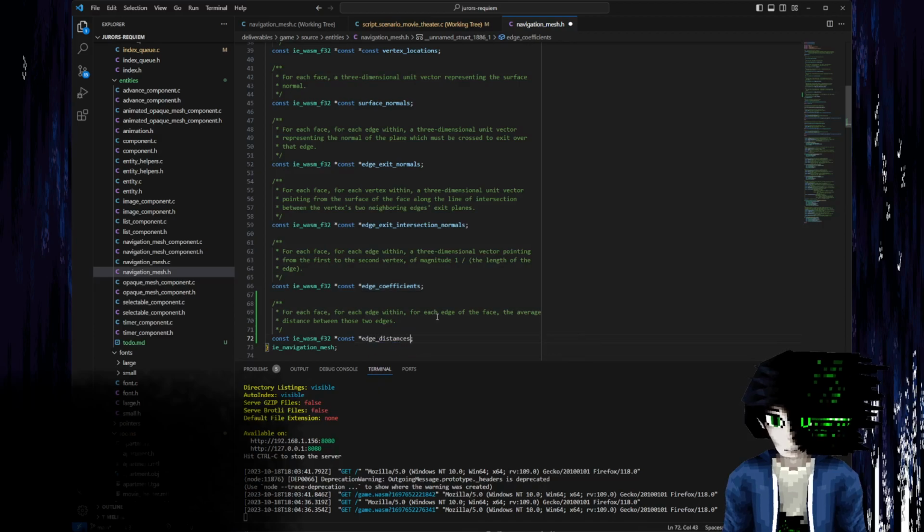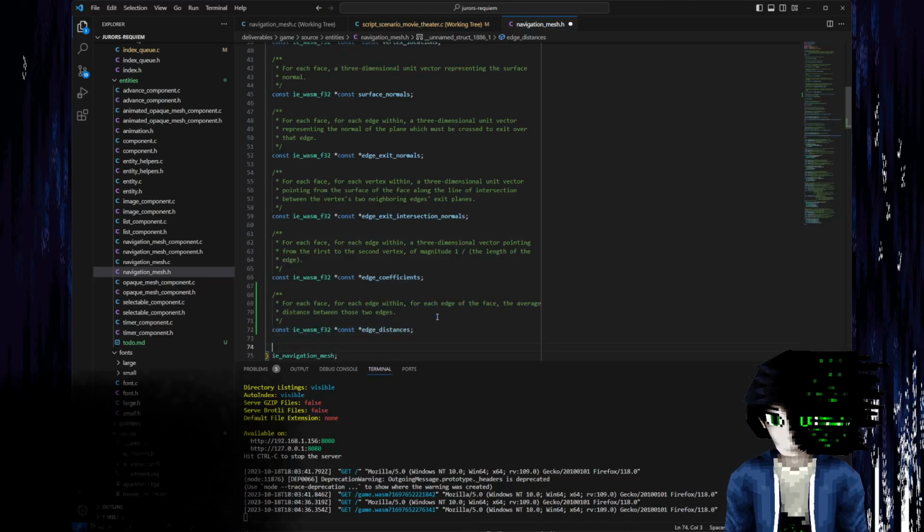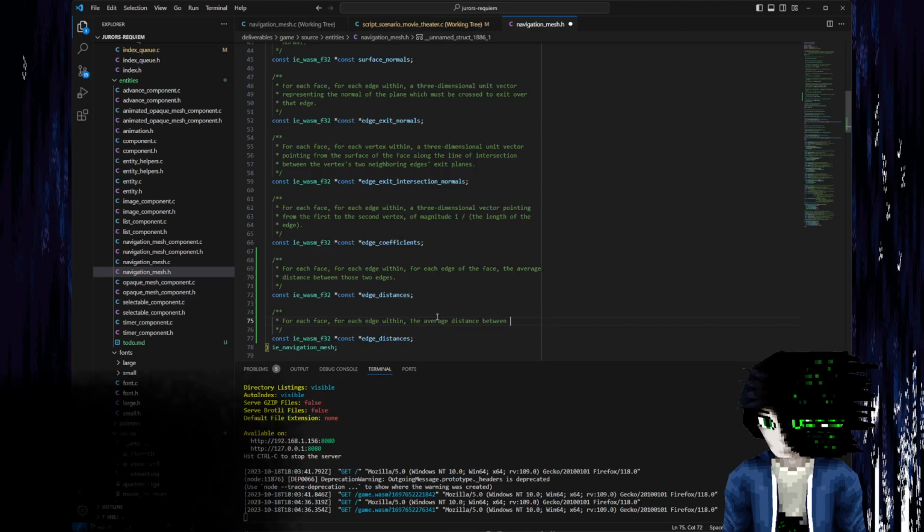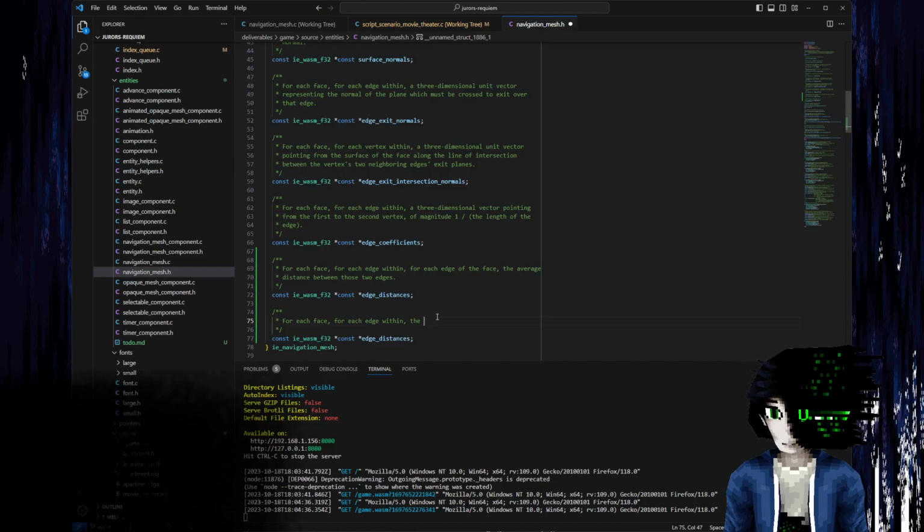Edge distances for each face, for each edge within, the distance between that edge and the